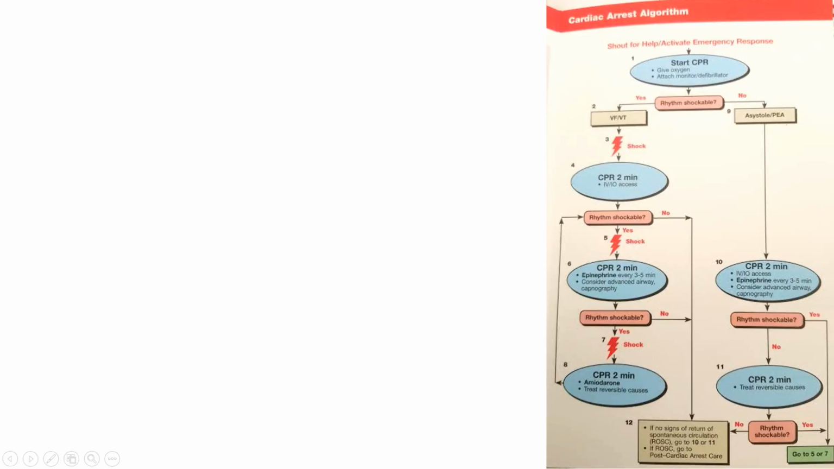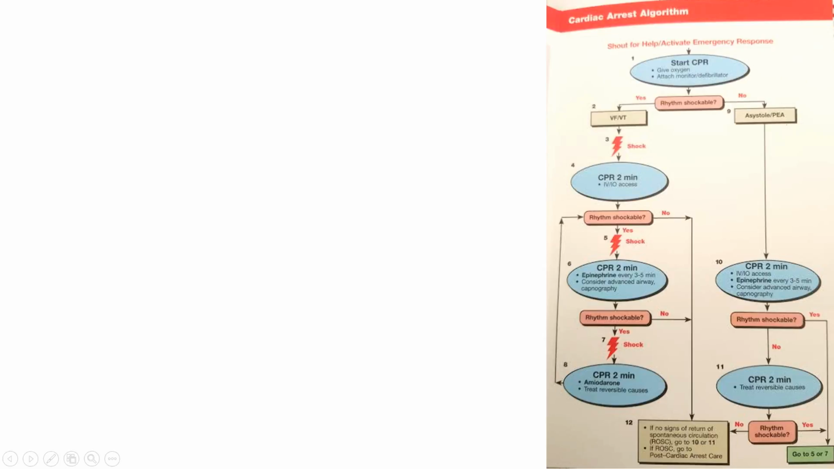So let's go back here to an instance where we went down the same algorithm, except after doing CPR further, the rhythm was shockable. It says go to 5 or 7, so you repeat this 5 to 7 times. So now going back here,